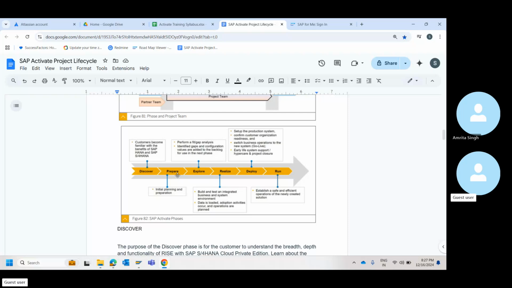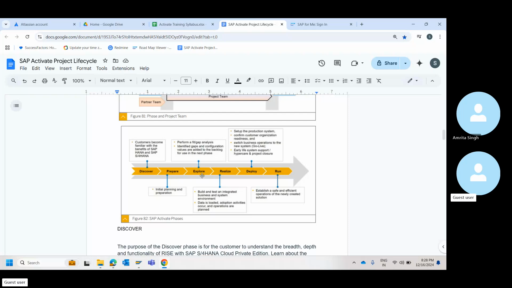Because you have to identify your stakeholders. At the beginning of the project, they'll not say which department you're going to deal with. So even when we take SuccessFactors, you will have someone who takes care of onboarding, someone who will take care of the payroll part, someone who will take care of the PMS, someone who will take care of the learning management. There are different stakeholders, right, for different modules. So your duty is to identify who from the customer end will take care of which module to give us business requirements, basically. So this happens as part of that prepare phase. We will discuss all of these in detail, but these are very important activities that I've spoken about, which happen as part of the prepare phase.